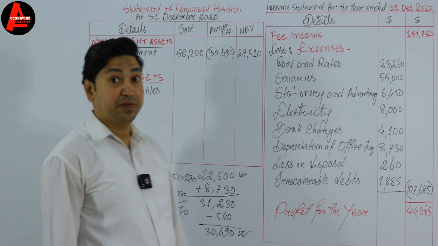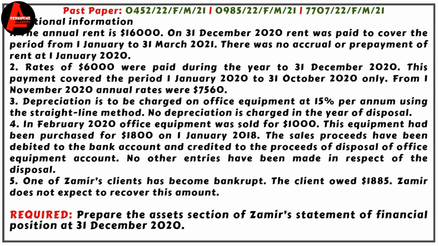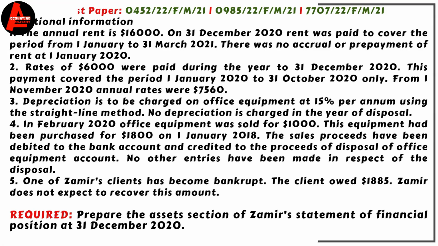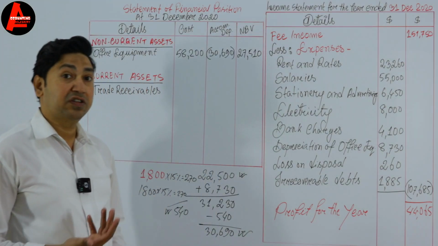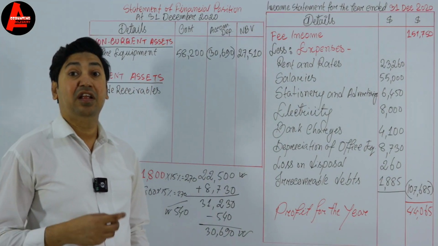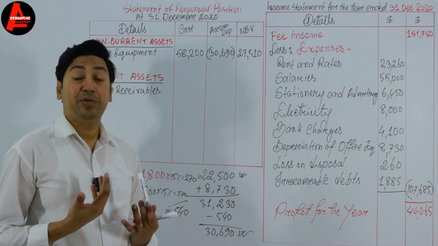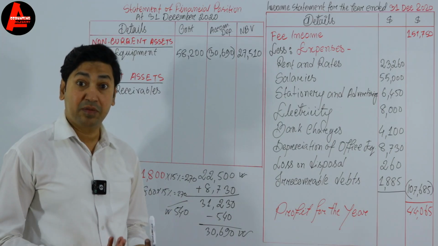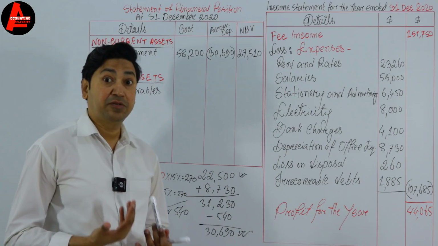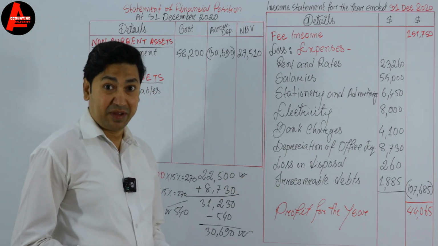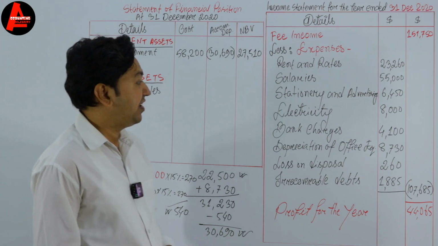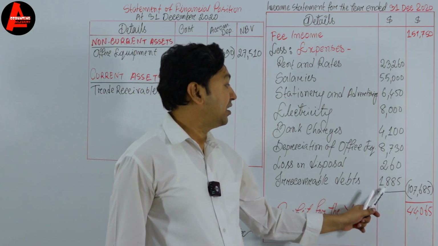So we have an adjustment regarding trade receivables. Okay, number 5, here we see one of Jamir's clients has become bankrupt. The client owed $1,885. Jamir does not expect to recover this amount. So the business cannot receive this money anymore. So this will be a bad debt or irrecoverable debts. So this amount we have shown in the income statement as an expense. So here we see irrecoverable debts